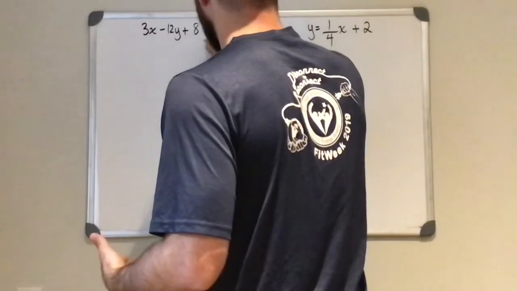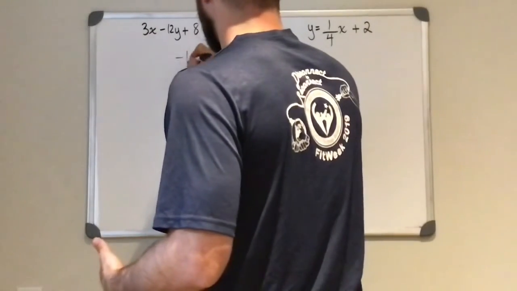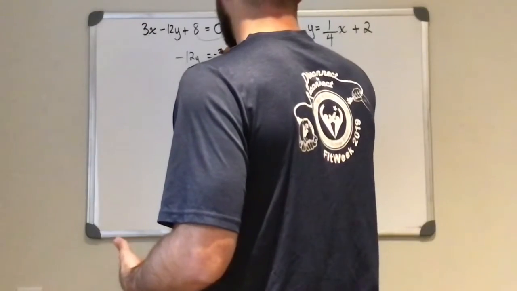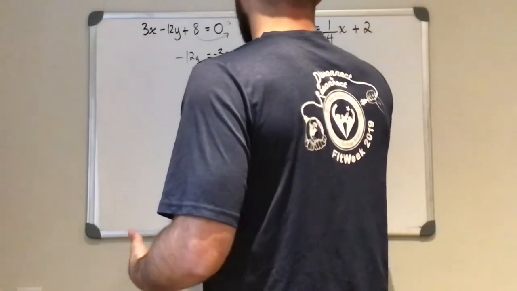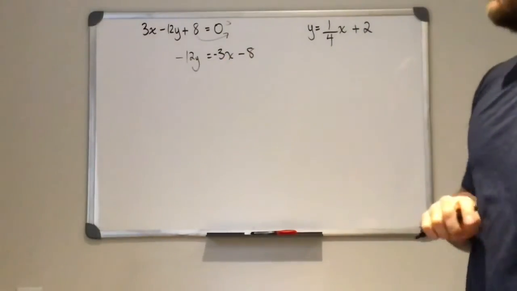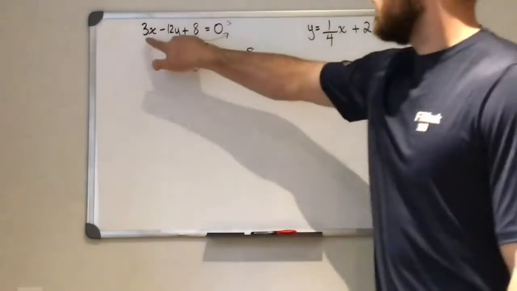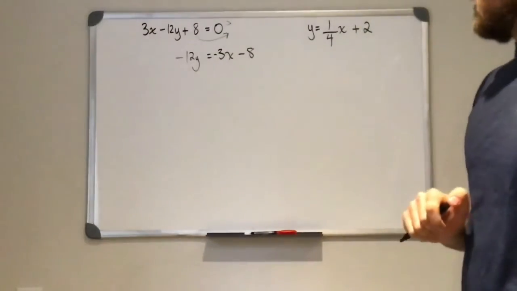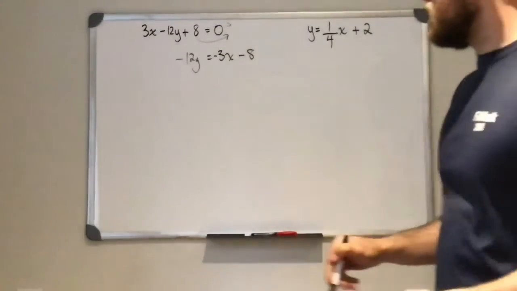So I'm going to move this over. I'm going to move this over. I have negative 12y is equal to negative 3x minus 8. Okay, so the signs change when we move to the other side of the equal sign. So the 3x becomes a negative 3x. The positive 8 becomes a negative 8. And now our last step,